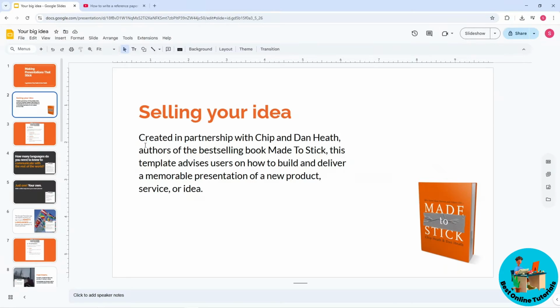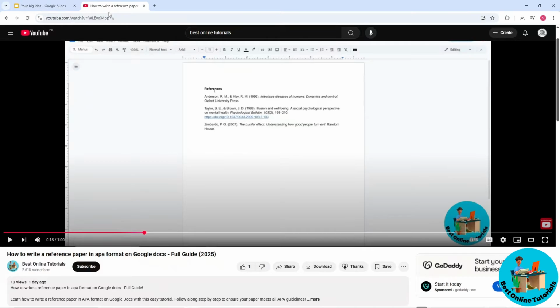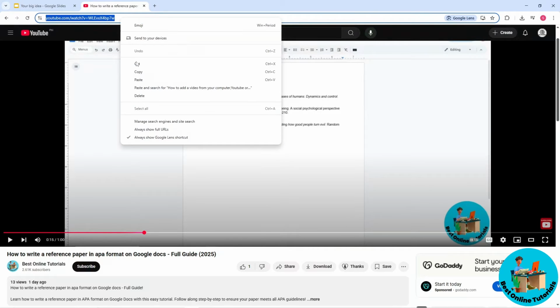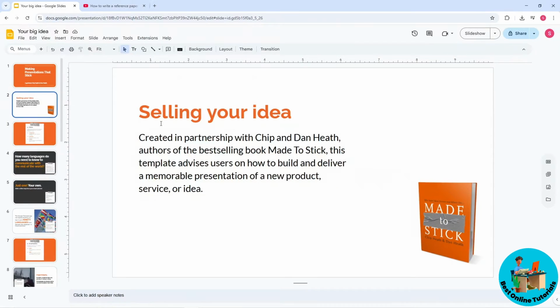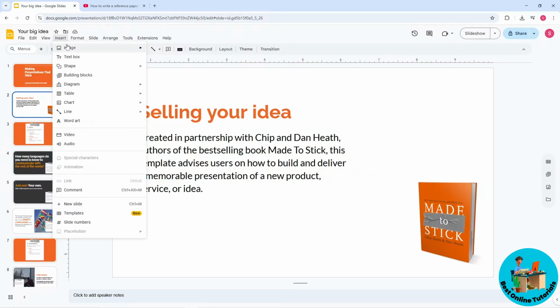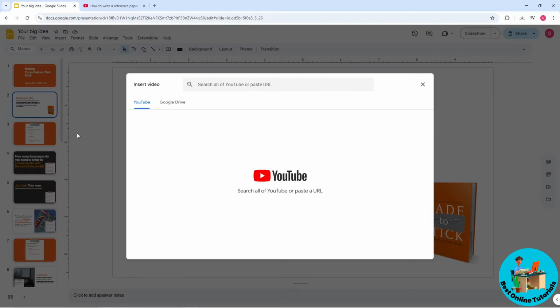So first thing that you will do, guys, is just simply go ahead and go to your YouTube video, and from here just simply copy the link over here by selecting all and copy, and now go to your Google Slides and just simply select Insert over here at the top, and you should be able to see here Video, select it, and from here as you can see you will have YouTube, which you could just simply paste the